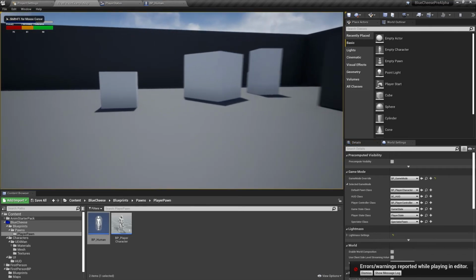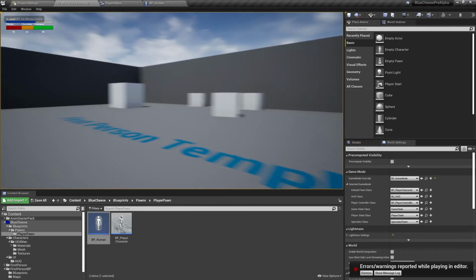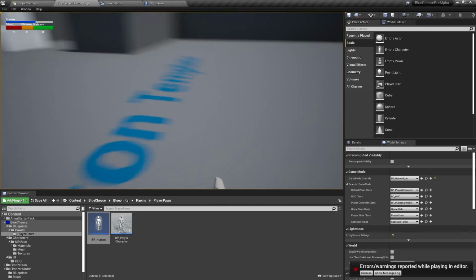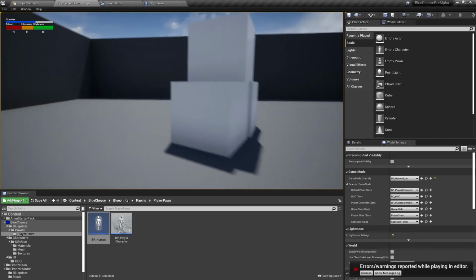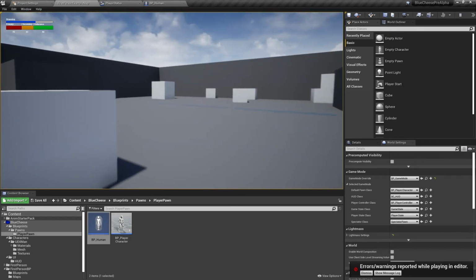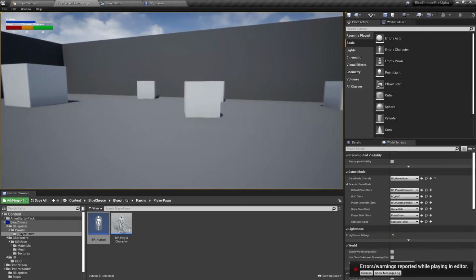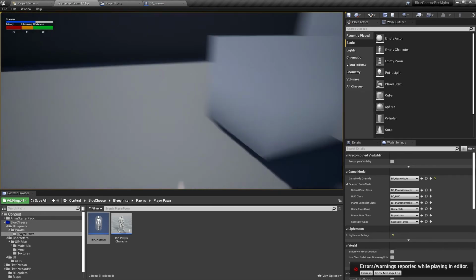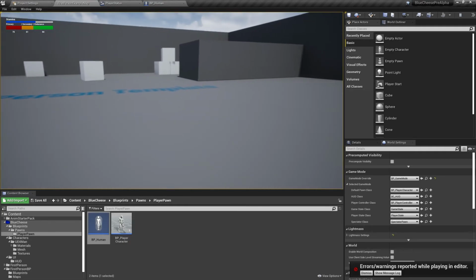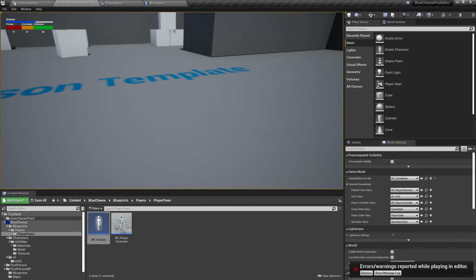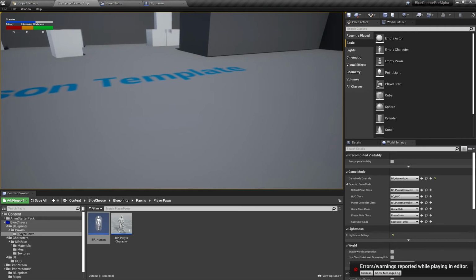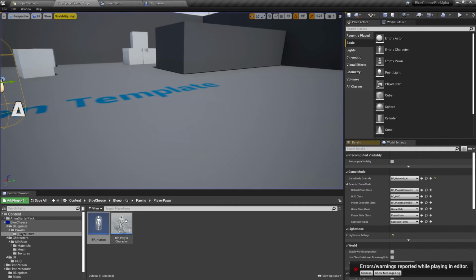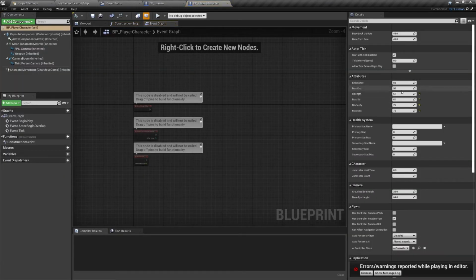And there we go. So we got our 75, our 61, and our 50, which, as you note, is because it's the player character that we are playing right now. So this is inheriting all that information that we set up on the BP_human character. But we are able to override all of those and get the proper numbers off of our character. I know that's probably pretty small for everybody to see, but it does say 75, 61, and 50 up there, which, as we note here, is exactly what we set our